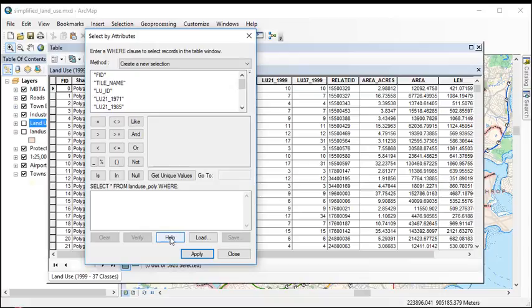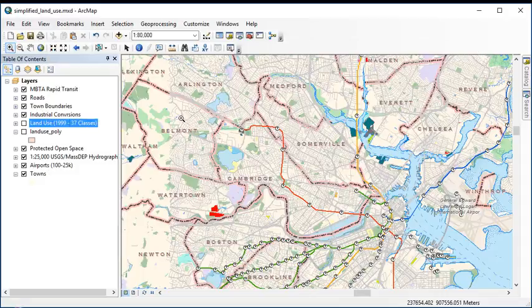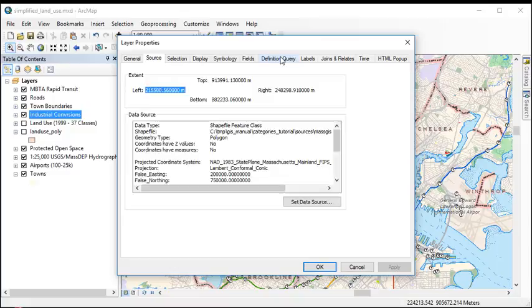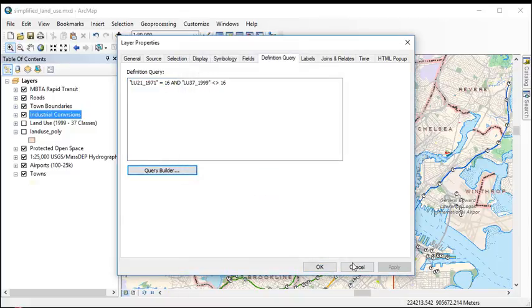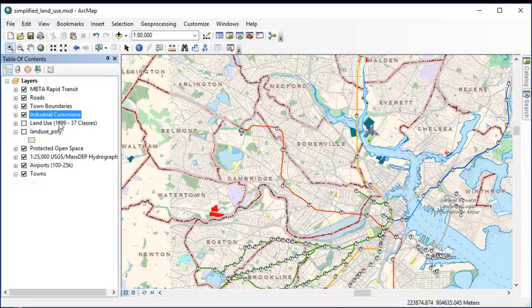It also has the help for SQL expressions that you can click. You can also enter queries into the definition query, which has the same query builder. Either way you do it, the result is a new table